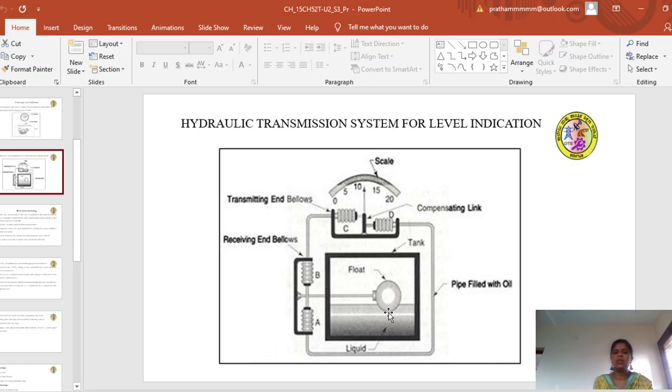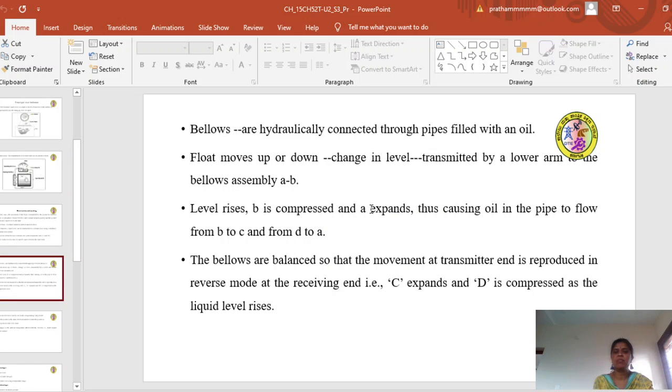So with the movement of the float, with the increase in the level of water or the liquid in the tank, bellows B is compressed and A expands. So the compression of bellows B is transmitted to the transmitting end bellows C. Thereby, by the movement from B to C, the compression is moved from B to C. So as I've said, B is compressed and A expands, causing the oil in the pipe to move from B to C and D to A. So the bellows are balanced, in the sense that the movement at the transmitter end is reproduced in the reverse mode at the receiving end,